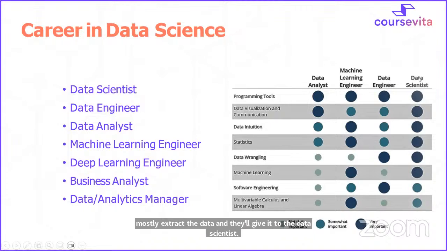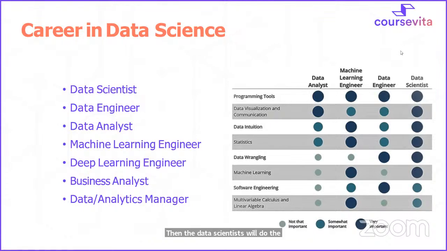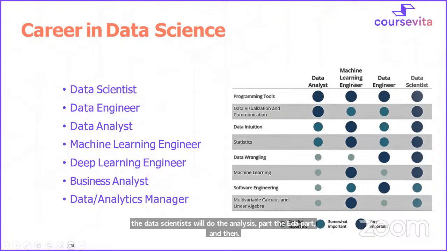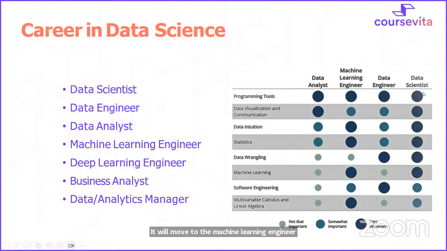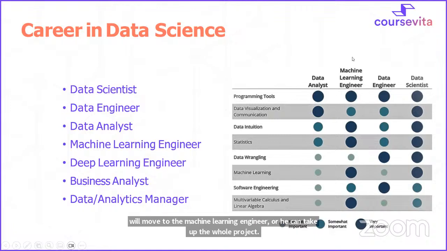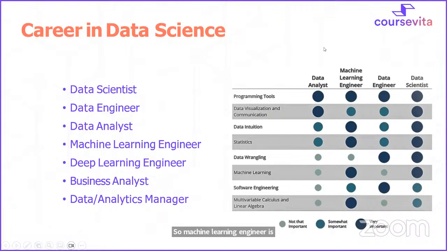Then the data scientist will do the analysis part, the EDA part, and then it will move to the machine learning engineer, or the data scientist can take up the whole project. A machine learning engineer only works after getting the purified data; they take up the project and do the machine learning work, all the algorithms, and try to deploy all these things. That is done by the machine learning engineer.